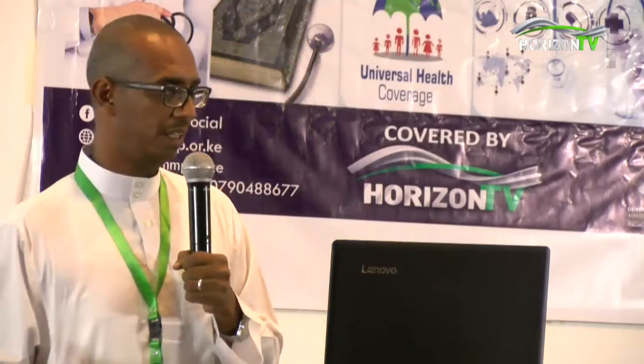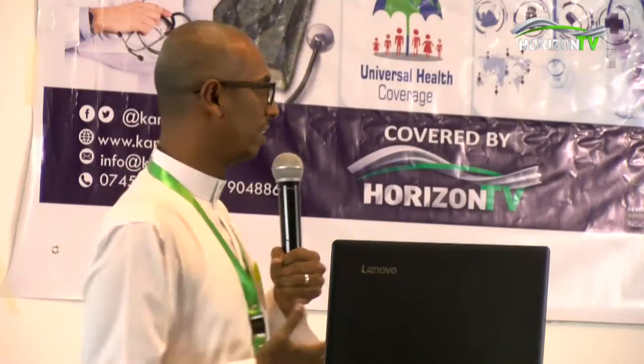You are moving towards universal healthcare progressively. So you segment your population in the progressive universalism. You decide the services that you'll start with. So Kenya has not picked a big bang approach where it will go for everybody. We are going for progressive universalism. So what have we done? What is progressive universalism here? It has already started.